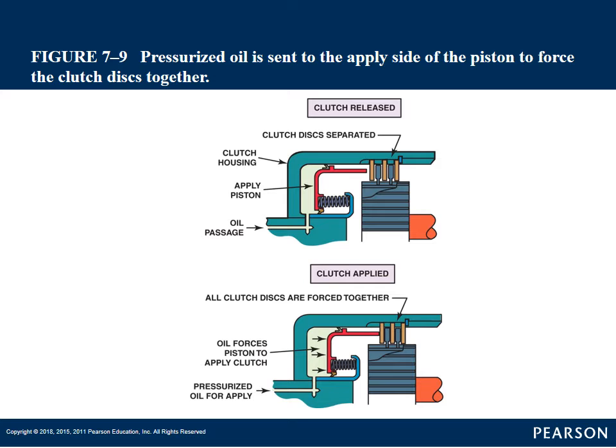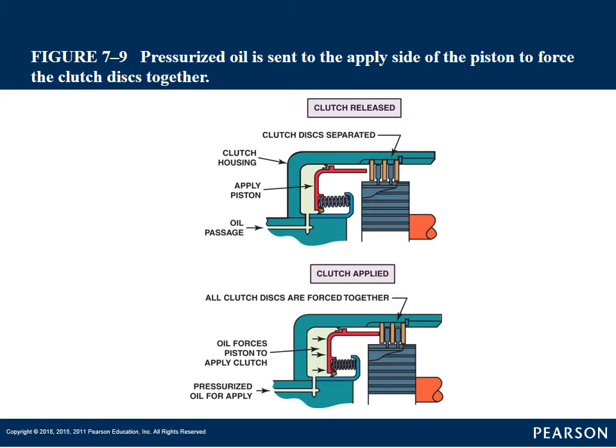So fluid is applied through the oil passage to the underside of that apply piston. That pushes the piston out, and as you can see in the upper picture, there's space between the frictions and the steels. That means that drum that the steels are lugged into can turn separate from that inner gear that the frictions are